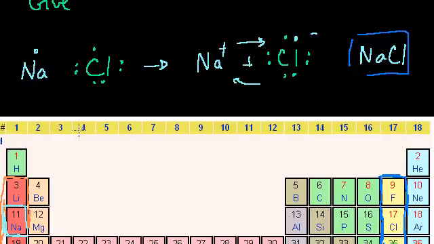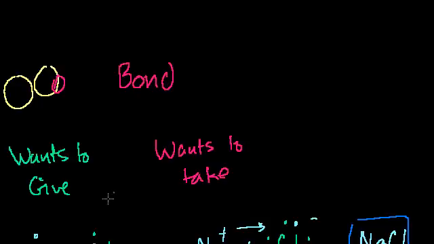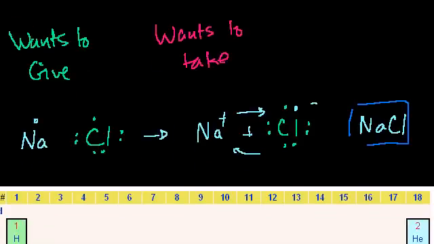Now that's the situation where one guy really wants to offload an electron, one guy really wants to take it. What happens in the situation where they're both not as extreme in their views on whether or not they want to give or take electrons? So let's think of a few other examples. The best example is what if elemental oxygen, right? Let's see, elemental oxygen. So this right here, this is an ionic bond.